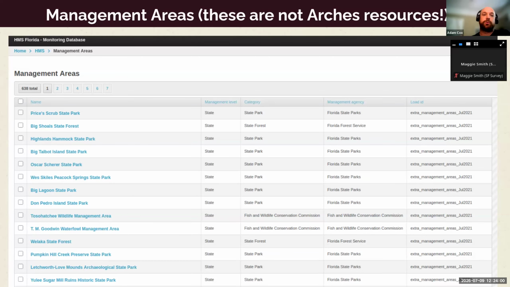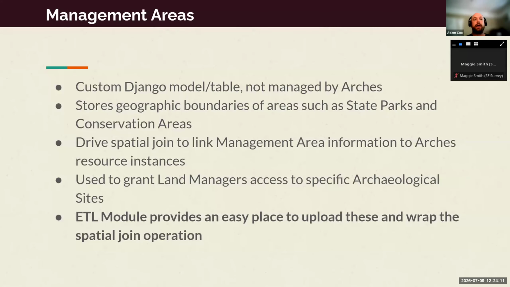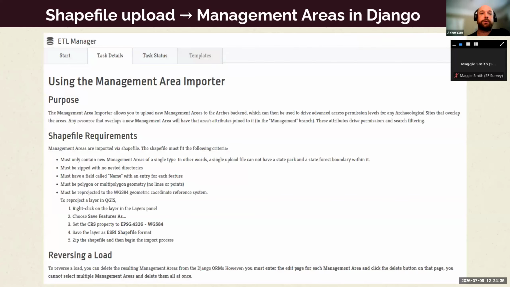So management areas store the boundaries of state parks, conservation areas, etc. You can see the table here. This is in the main Django backend. And they're used in the application to drive some spatial joins that are important. They are used to grant land managers access to archaeological sites only on their parks, for example. And moving that system into the ETL module made a nice front end for Cassie to use to upload new management areas. So that's one to get out of the way because it's not making Arches resources,